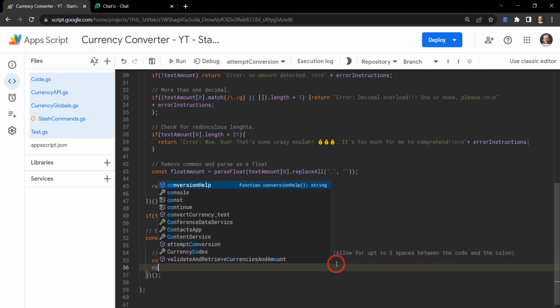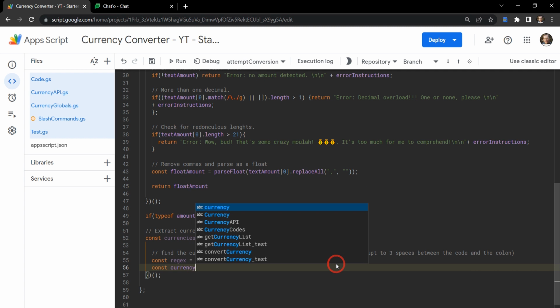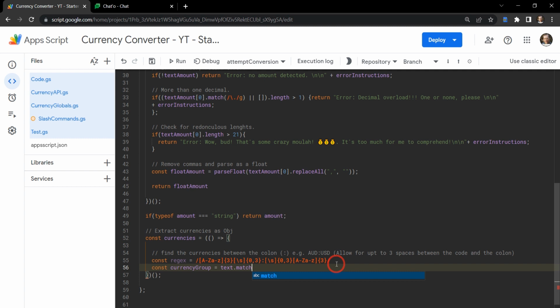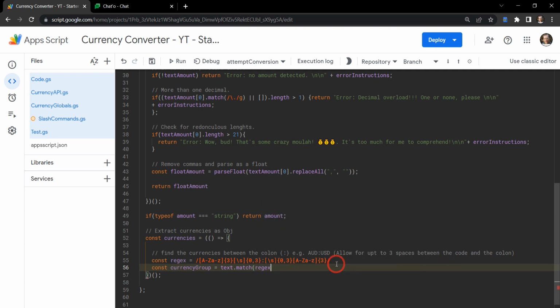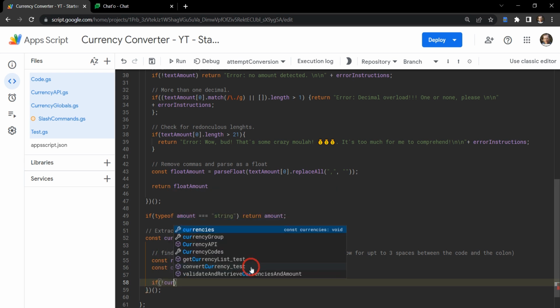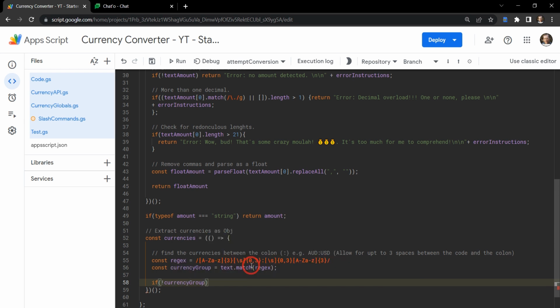So let's make another constant called currency group, and that's going to be equal to the text.match and regex again. Perfect. First validation thing we need to do is just to check if this match exists. If not, we need to throw back an error. So if exclamation currency group, so if it returns null, then we want to return